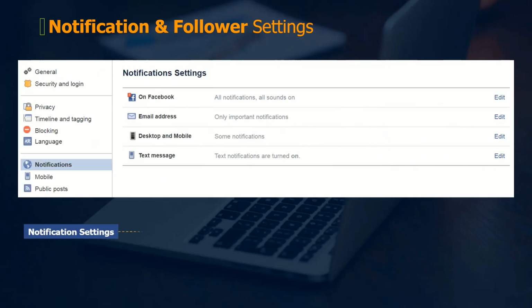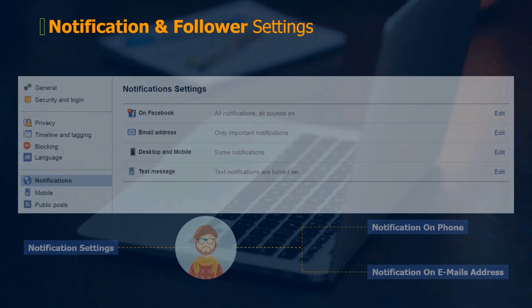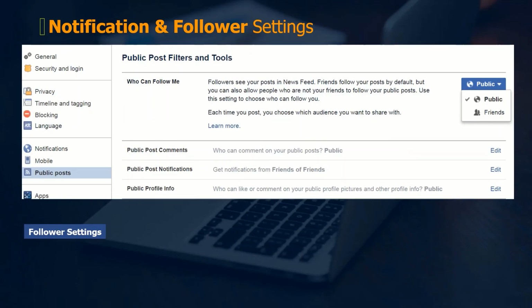Notification settings allow users to configure which notifications to receive on phone or email address. To avoid spam, users must always utilize these settings efficiently. Follower settings allow your friends to follow you. You can also let people who aren't your friends follow you so that they can see your posts using the